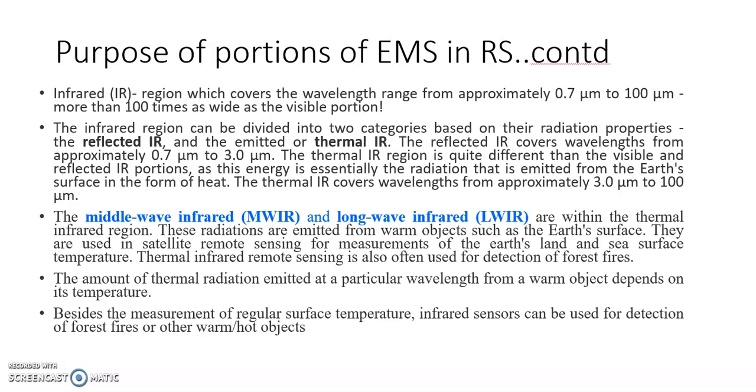If you want to find out which are the different types of crops in a particular area, you can make use of this particular bandwidth. Also, it's suitable for discriminating moisture in the soil. So just looking at the image which is captured in 1.55 to 1.75, you can find out which part will have more moisture content, which is a dry area. You can forecast whether it is going into desertification, whether there is any chance of desertification. Okay. Also, the same region can be used for differentiating snow from clouds.